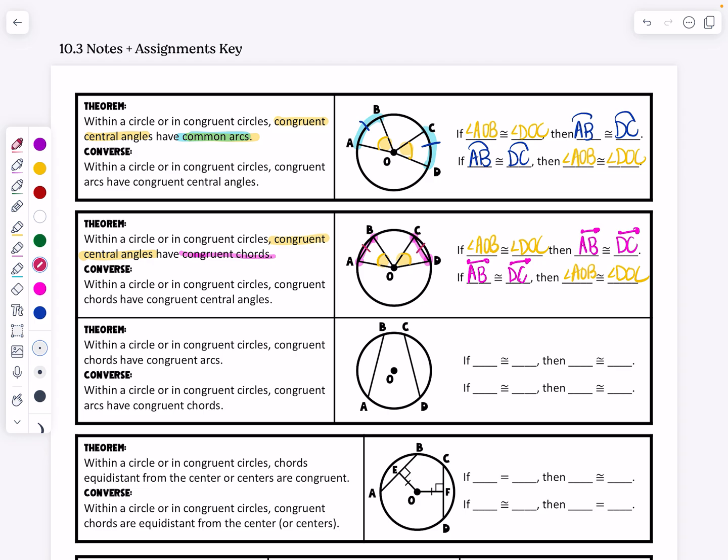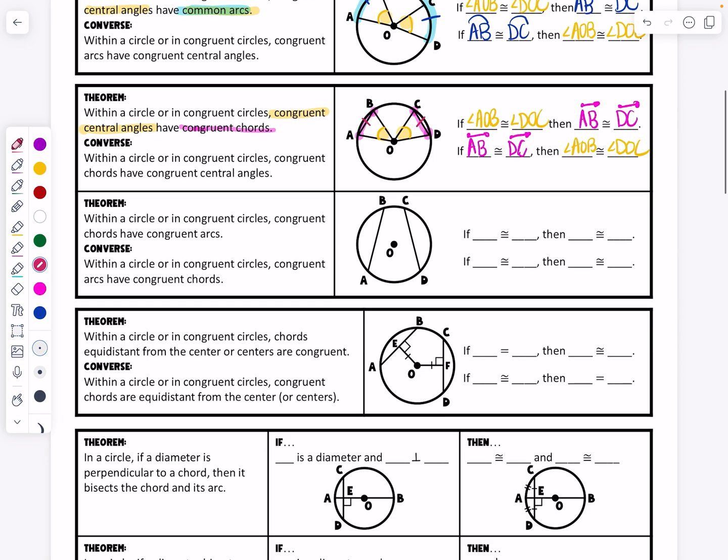Okay, all right. Now notice this next one says something very similar. Within a circle or in congruent circles, if you have congruent chords, those congruent chords are going to have congruent arcs. So congruent chords are going to have congruent arcs. If you start by knowing that chord BA is congruent to CD,